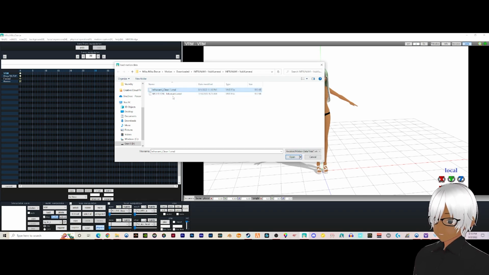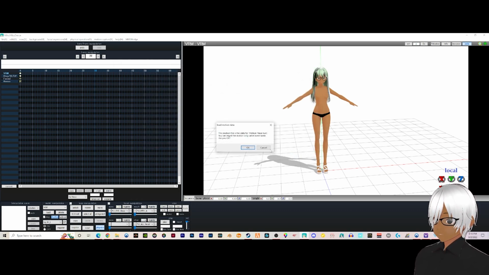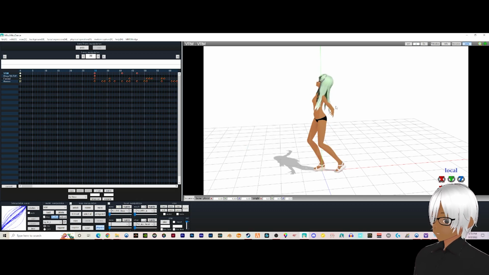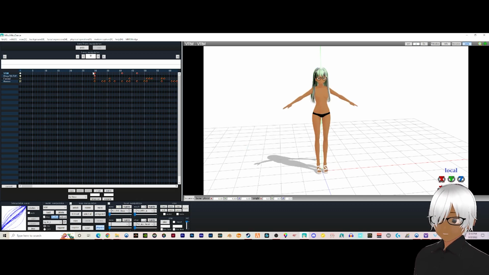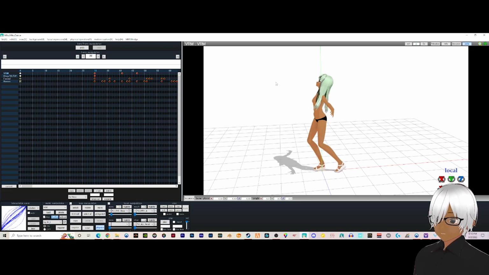All right, so anyways, I'm gonna click the original. I've already cleaned it, but I'm just doing this for a tutorial. But sometimes the motions may not match the model completely. Select OK. And see, now it's in there, and you'll notice the 0 still got T-pose, and then 30 is the actual